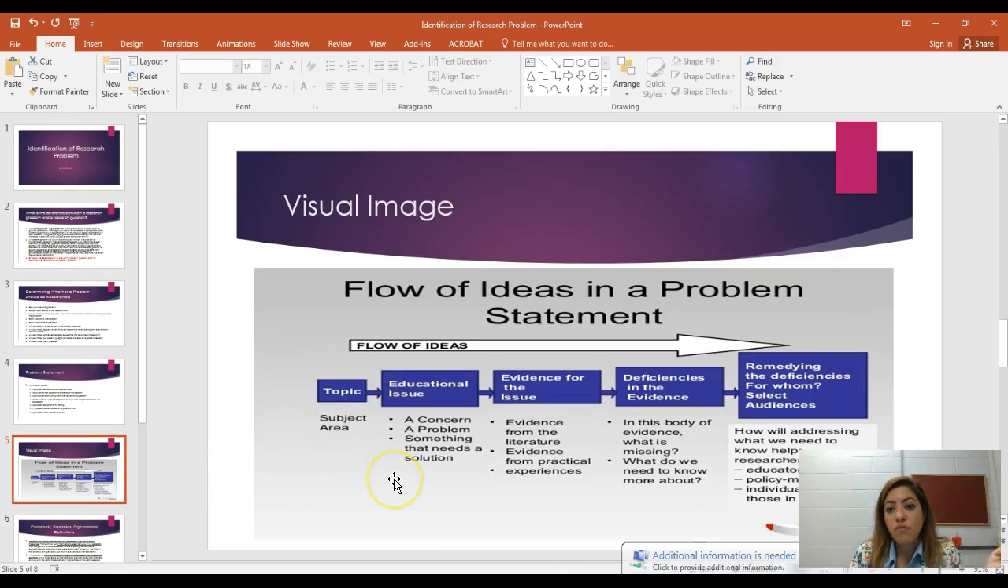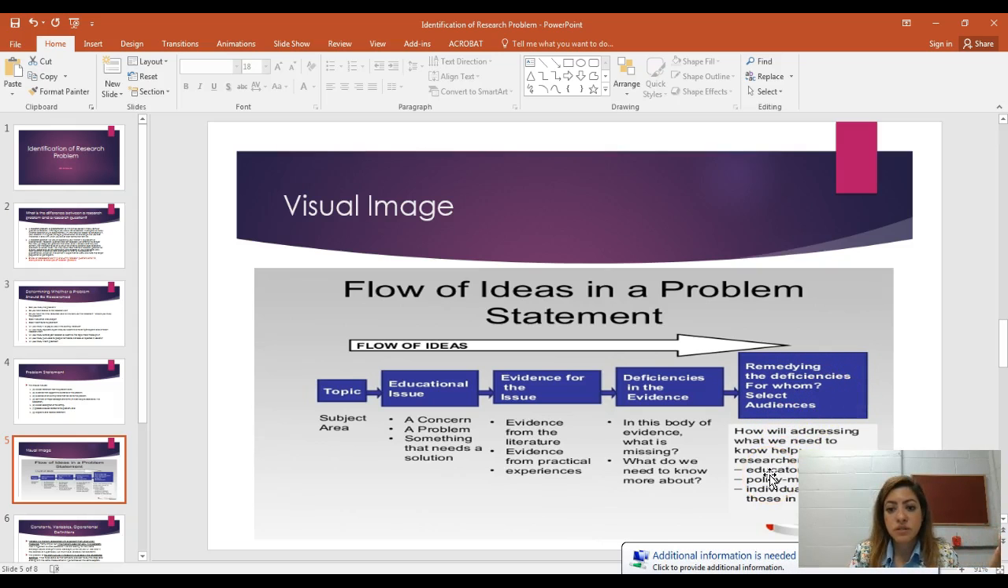This is a visual of what I just talked about, the flow of ideas in your problem statement. You'll tell me about the topic itself, the educational issues that you're targeting, evidence about the problems, and deficiencies in the evidence: whether it was tackled before, or it was tackled but there wasn't anything about this population, or it was tackled but there wasn't anything about the psychological effect of such and such. So what are the deficiencies that you're going to tackle now in this research? And then